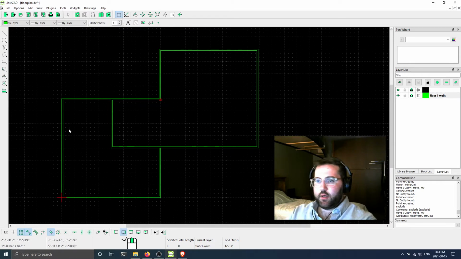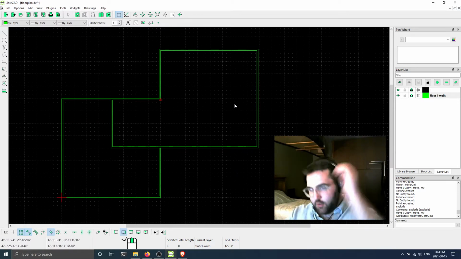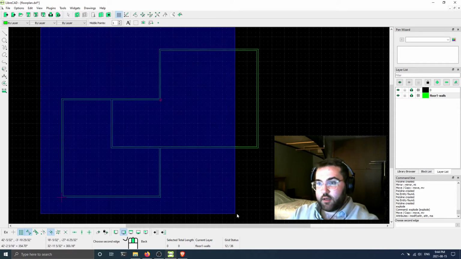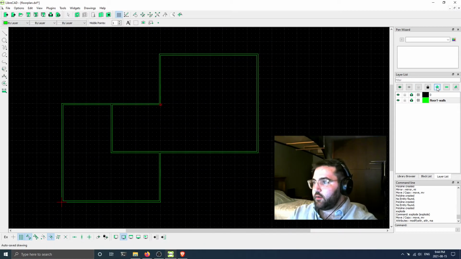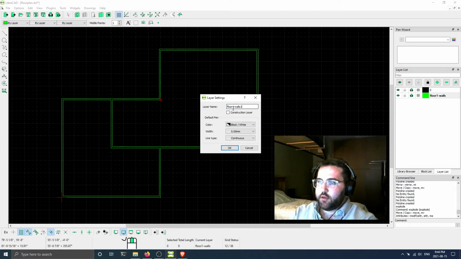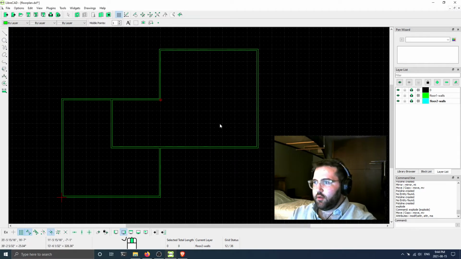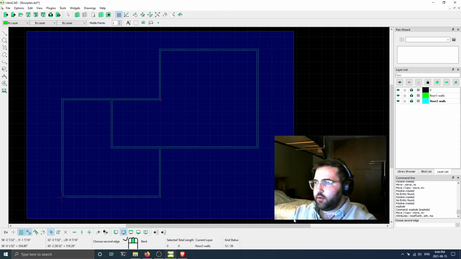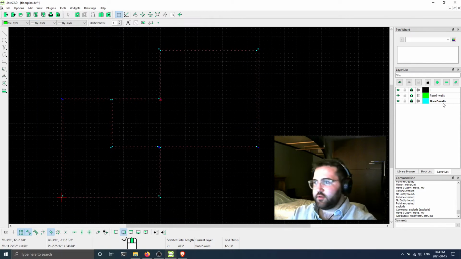So now I want to basically work with the floor plan for the second floor above it. So what I'll do is I'm going to copy these, but before I do that, I'm actually going to create a new layer called Floor 2 Walls. And I'm going to set it to be a different color for now, just so we can distinguish them. Click OK. And now what I'm going to do is make sure that I have Floor 2 Walls selected as